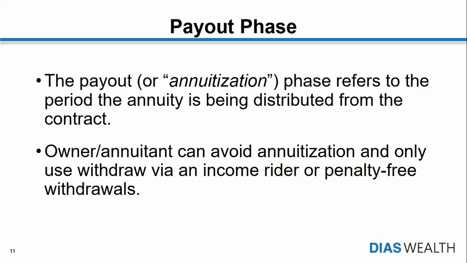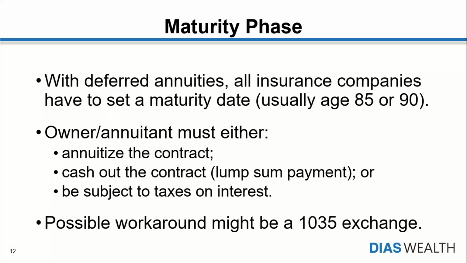So with index annuities and variable annuities, they have these income riders. We go into a lot more detail in the next course. But for all intents and purposes in this course, just know that as long as you're taking that income rider, that guaranteed amount, a lot of times that's often referred to, the contract is not being annuitized, and you are still able to exercise the guarantees inside of the contract. So guaranteed payments.